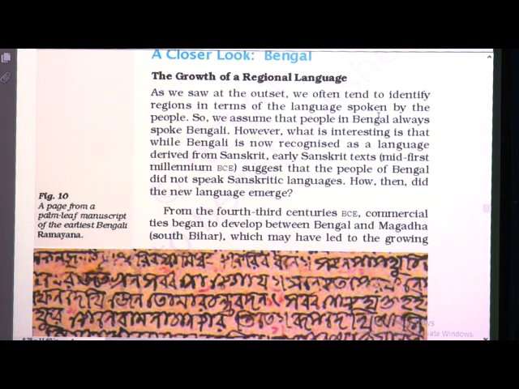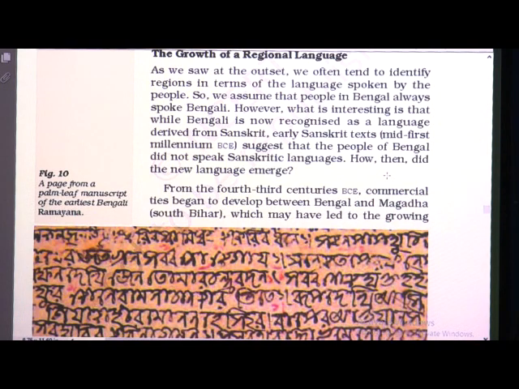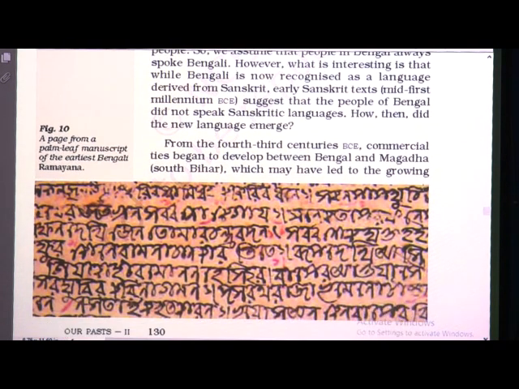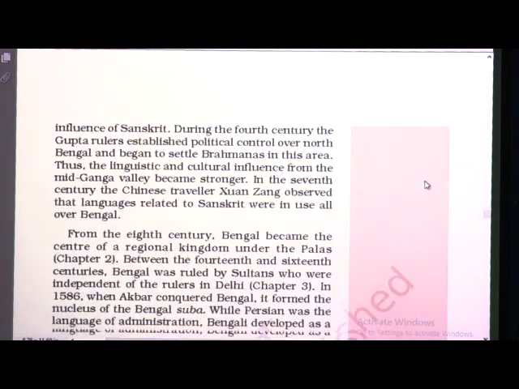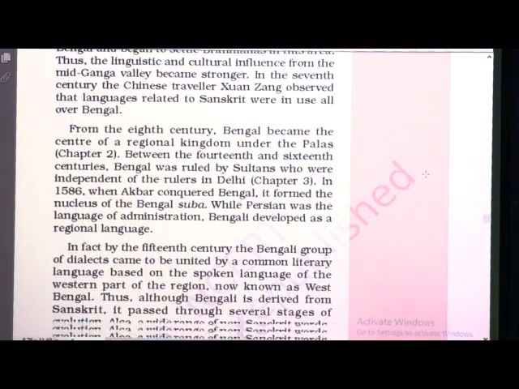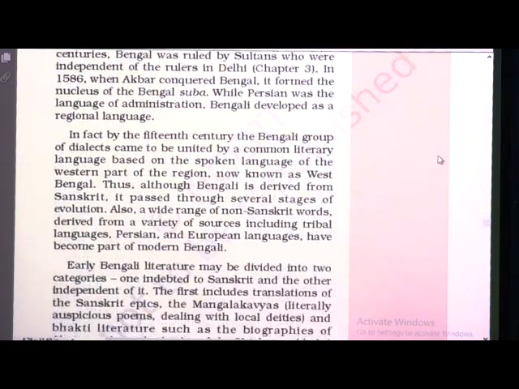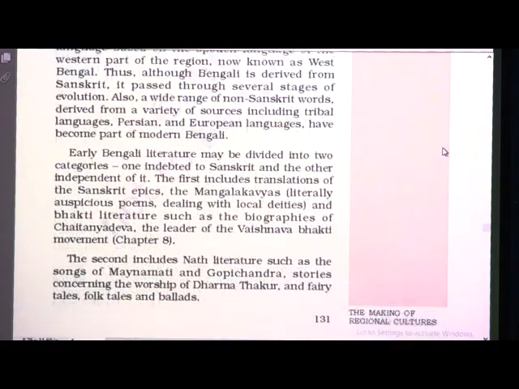regarding the Bengali language, the growth of a regional language. It is said that the Bengali language is derived from Sanskrit, but it was also said that the people of Bengal did not speak Sanskrit languages, but it is said still. Now